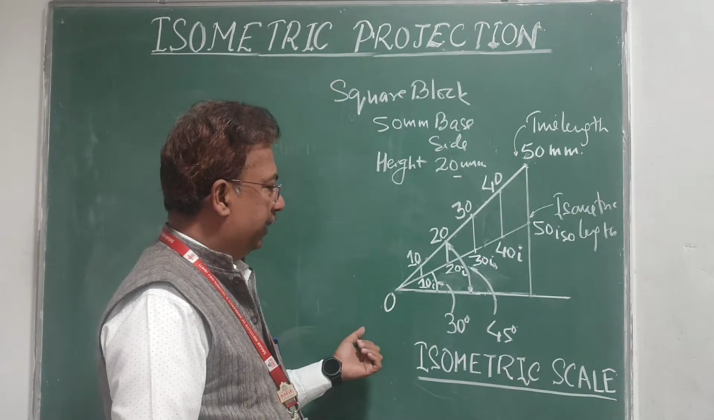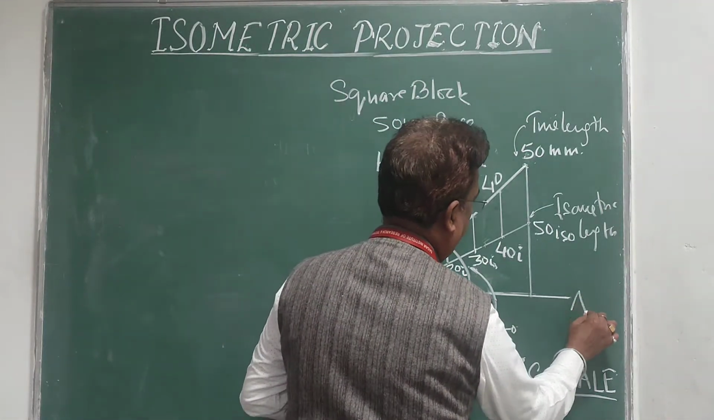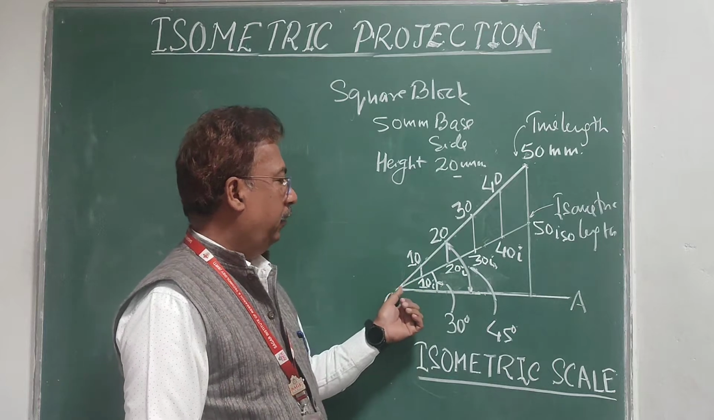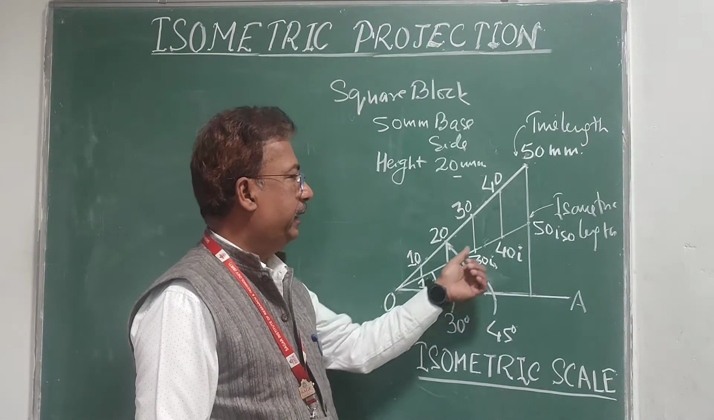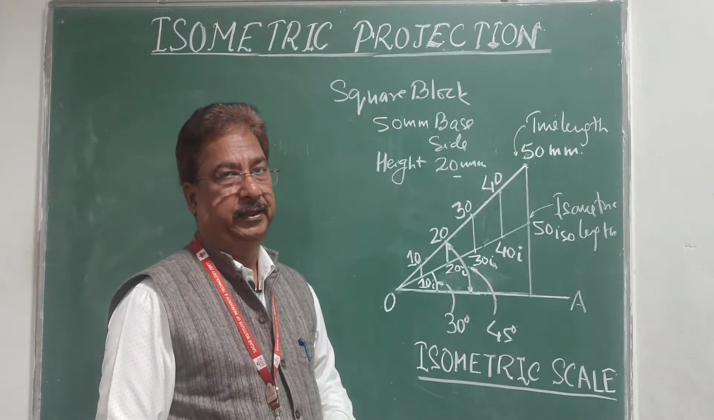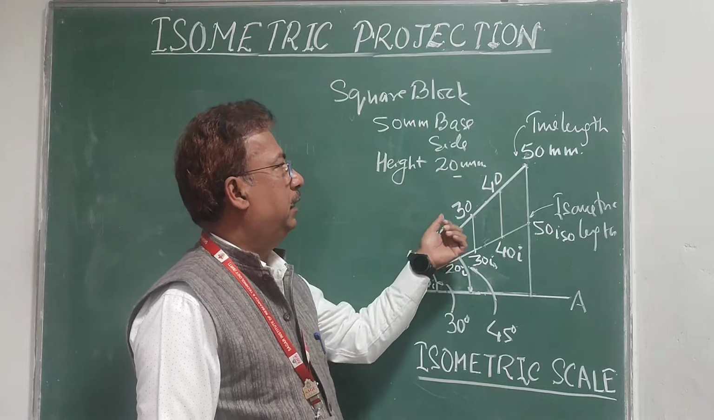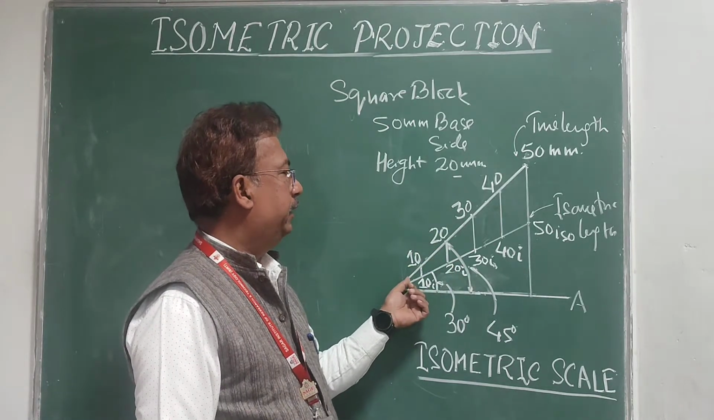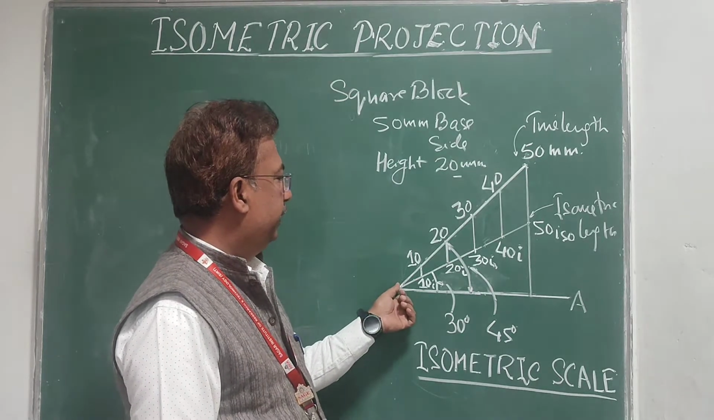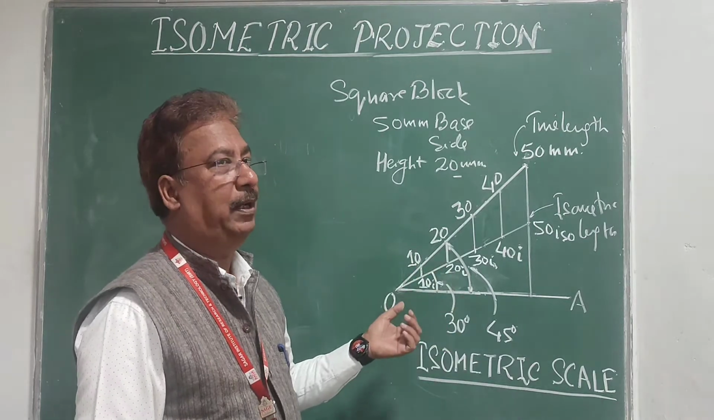The method to draw the isometric scale is: we draw a horizontal line OA. Then on this horizontal line I will draw a line at 30° inclination and another line at 45° inclination. If I mark length on the 45° line, that will represent the true length of the object. And I have marked 10, 20, 30, 40, 50 millimeter in the actual length from our